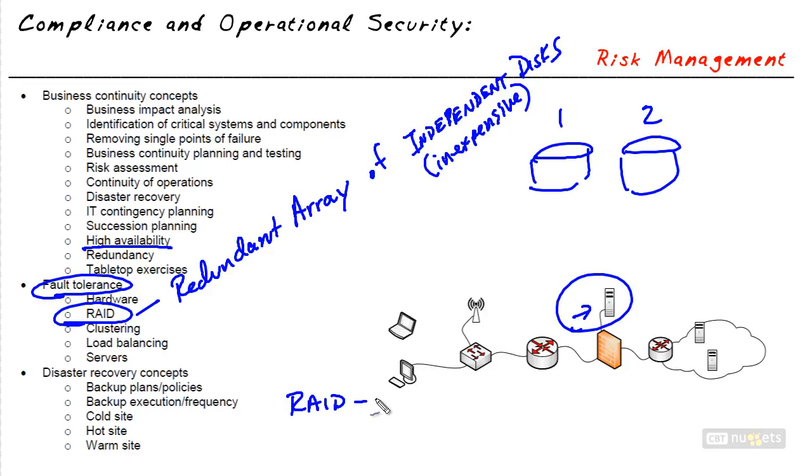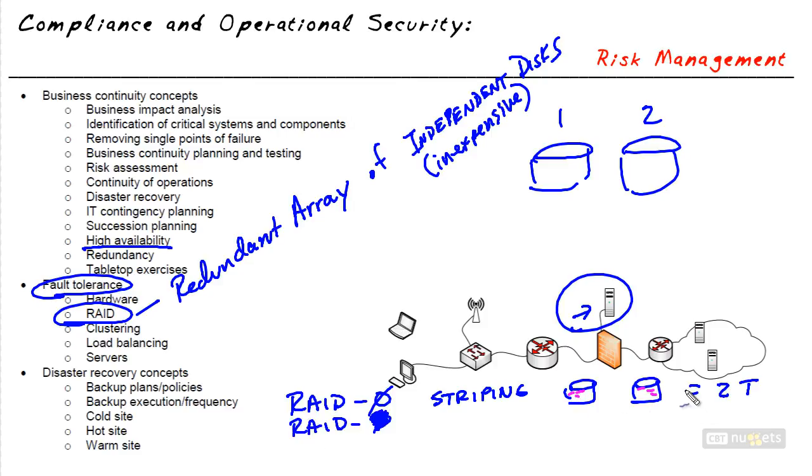RAID Level 0 is named appropriately because it has no fault tolerance. With RAID Level 0, it does striping of the data across 2 different drives. So let's say, for example, we had a large file. It would write some here, some here, some here. That's good for improving throughput and speed because we have 2 disks with 2 separate platters and 2 separate heads that can get that data faster for us. But for fault tolerance, it really is RAID 0 because it does 0 for fault tolerance. If we lose either physical drive, we're in trouble. But that's what RAID Level 0 is.